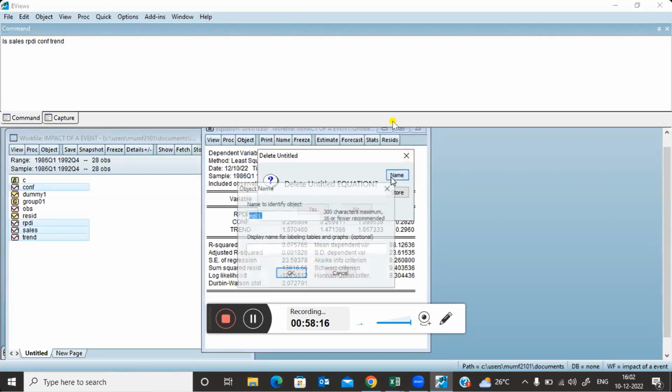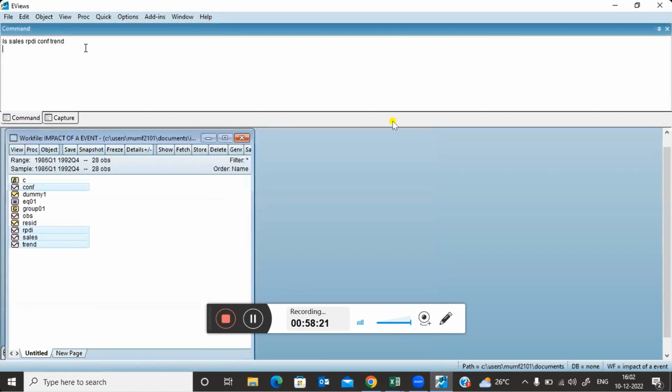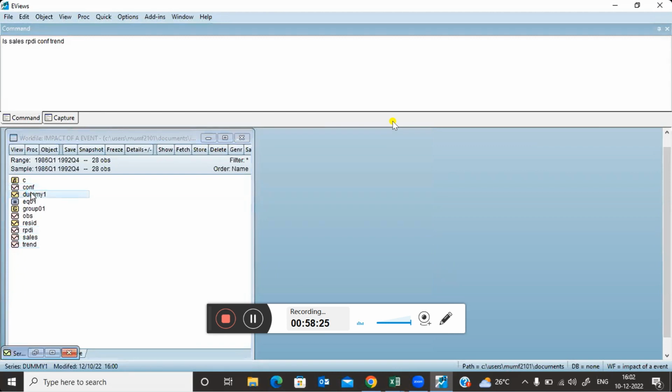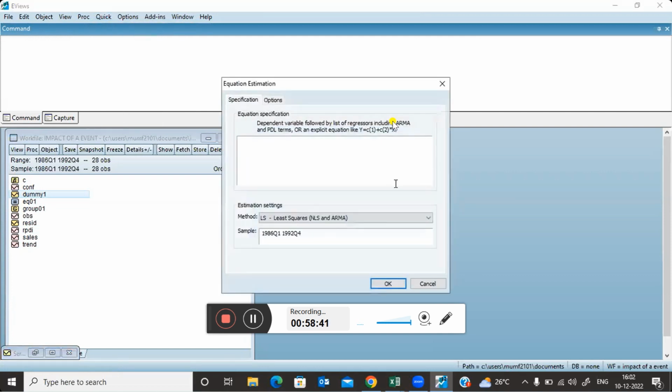Let's call this equation 1. Now let's try to introduce the dummy, because I've already introduced the dummy 1. So EViews is smart enough to understand this, so you don't have to create anything more. All you have to do is write ls sales, or let me show you something even easier than that. You go to Quick, you go to Estimate Equation, and I know that